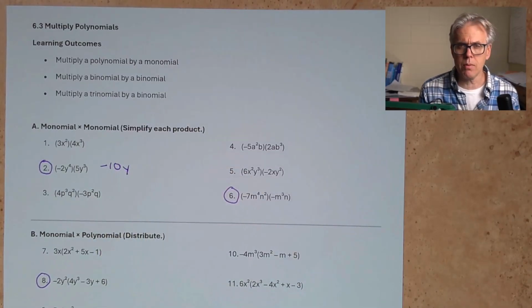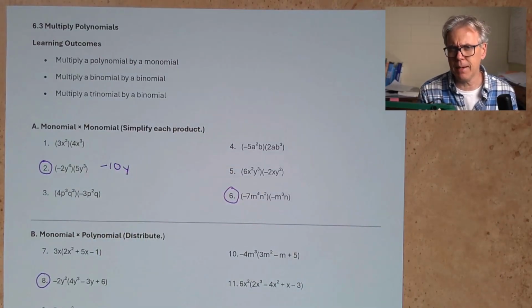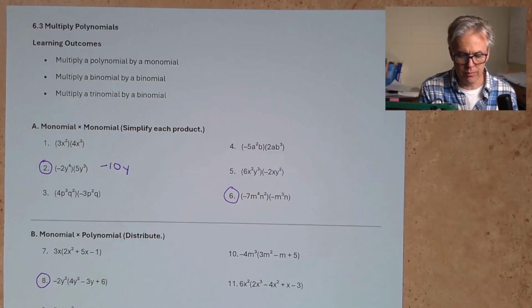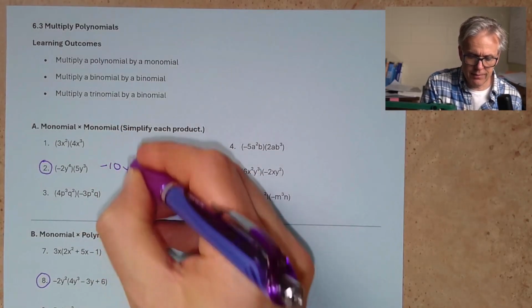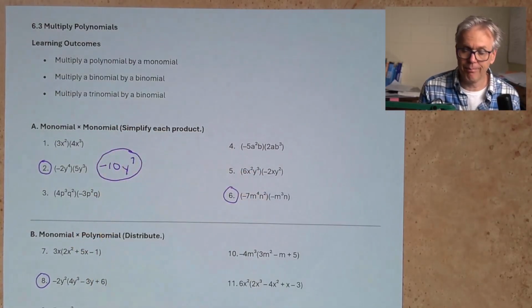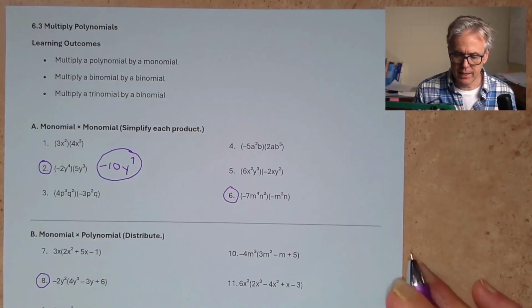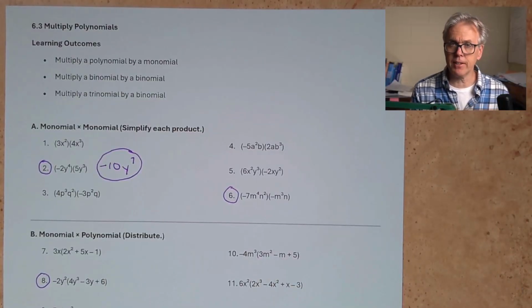And then what do we do when we're multiplying like bases? What do we do with their exponents? Good. We add them together. So negative 10y to the seventh. That's all we got. Now, if we look at number 6, pause the video here, see if you can do